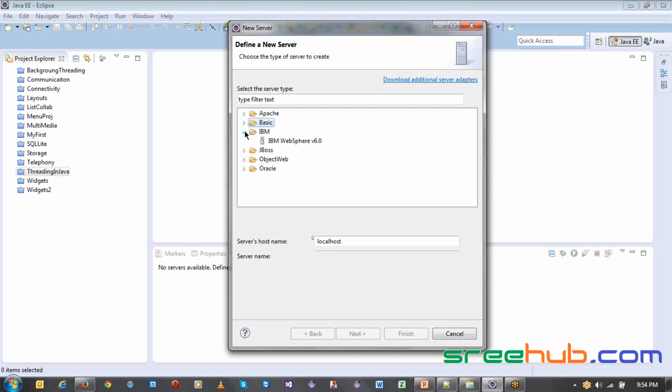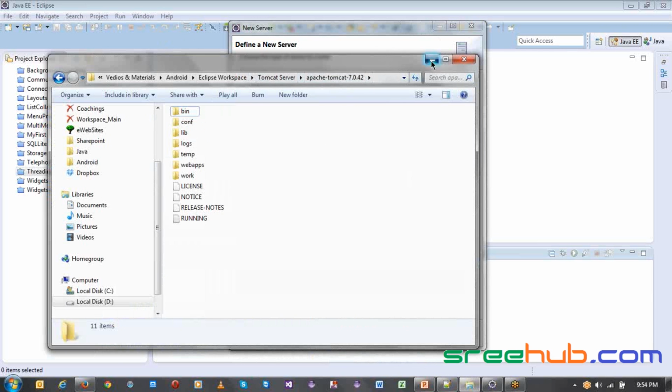Normally you can see in IBM we have WebSphere, the IBM 6th version, or if you take JBoss, we have different versions supported. In the same way we have Oracle, which is the standalone WebLogic server. Now these are different servers which you have. These are not the only servers you can use. If you want to download any anytime, you can. But normally these are called adapters. An adapter is a key thing which connects your Eclipse with your